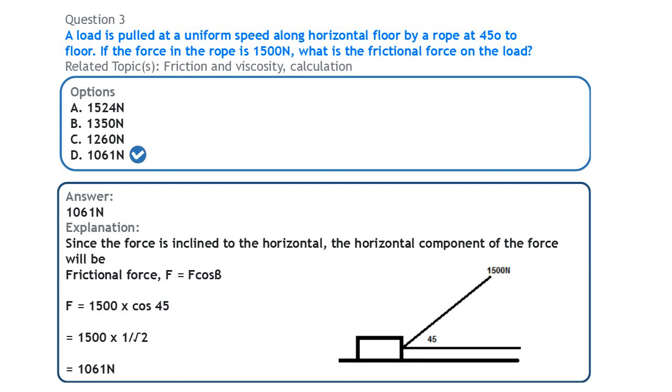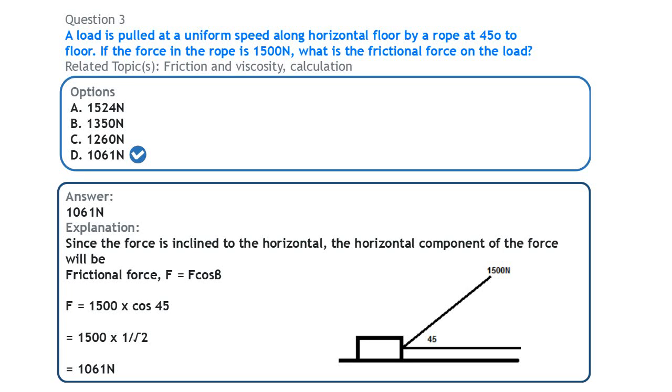So you have 1500 times cos 45, which is 1 over root 2. These are some of the special angles that you need to know. JAMB will use angles like these: angle 30 degrees, angle 45 degrees, angle 60 degrees, angle 90, angle 0 degrees. Because the calculator they will be giving you does not have trig ratios, all this sine, cosine, and tan. So they are going to be using these special angles that I just mentioned: 30, 45, 60, 90, and 0. They expect that you know the values of the sine, the cos, and the tan of these